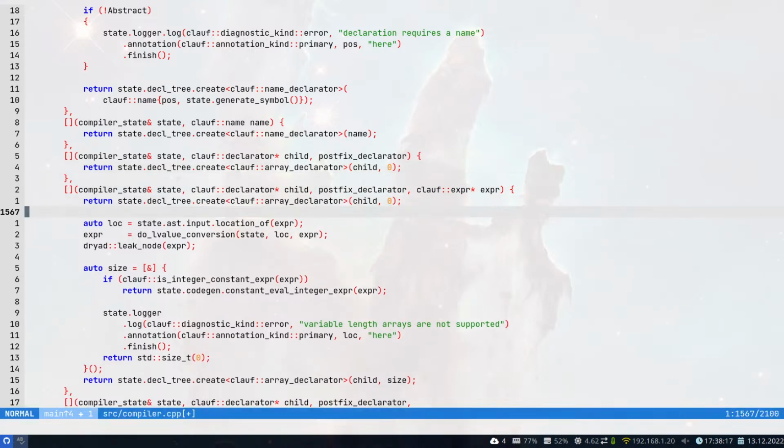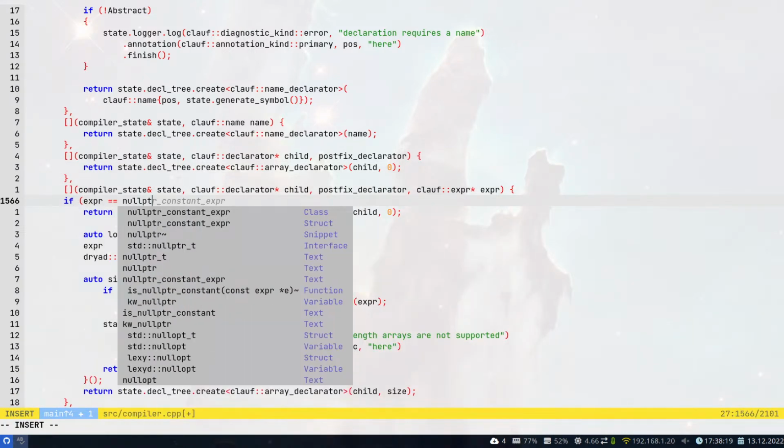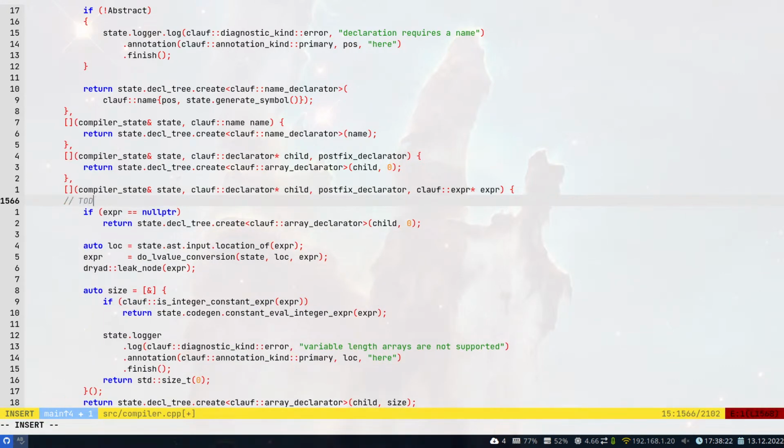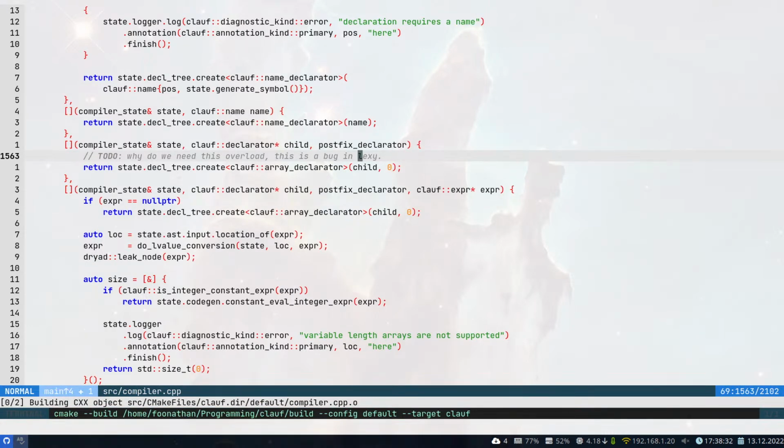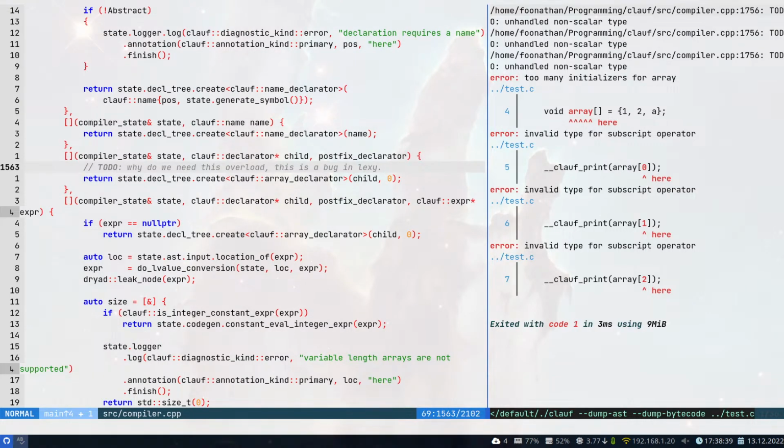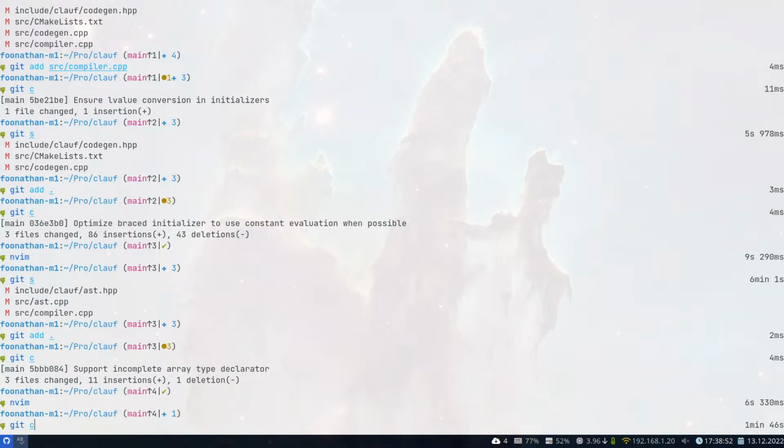So let's just do that. To do, why do we need this overload? This is a bug in Lexi. Okay. Right. Unhandled non-scalar type. So we're triggering a bunch of to-dos and instead of getting an error message. Apparently we're checking it here. Okay. So let's amend the commit